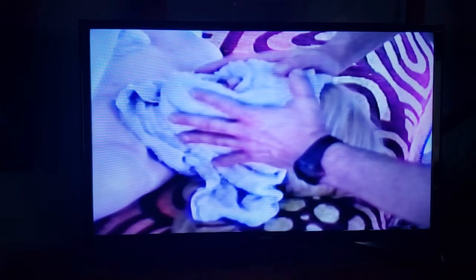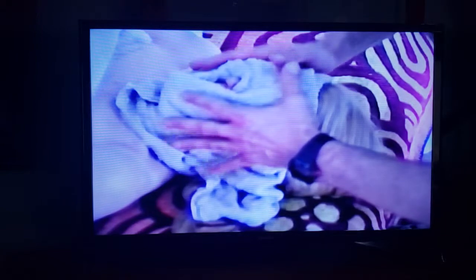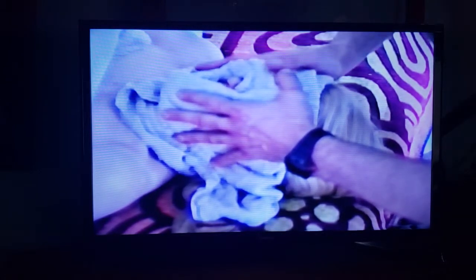You can apply 1 to 3 to 4 towels, doesn't matter. Over a period of time, you could either start to massage the face right away, or do a whole preliminary milking of the body blood down towards the face by starting up by the feet and going up the calves, the thighs, the abdomen, and the chest, to actually increase the amount of blood in the face before you actually start to exercise the face muscles. But in this specific video, we're just going to attack the meat of the face massage that